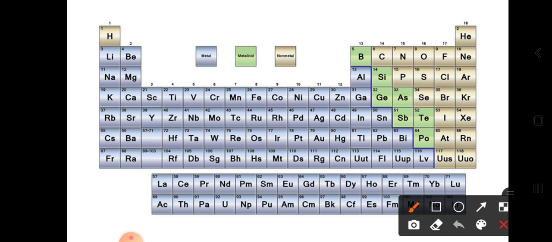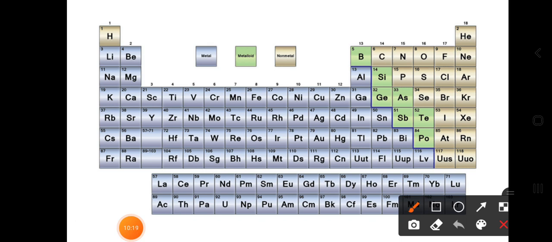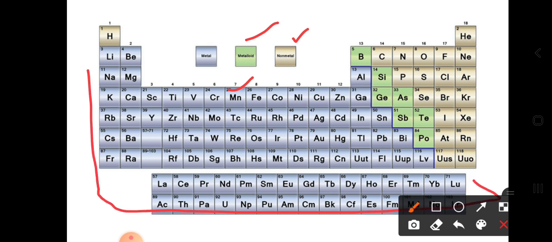Dear students, you can see varieties of colors here. Some are blue, green, and some a little bit creamish color. It is not exactly a creamish color, I am just saying creamish, no problem. In different charts you may find different colors also, no problem. This blue color is nothing but the names of the metals. You can imagine around 86 metals are present on the earth.